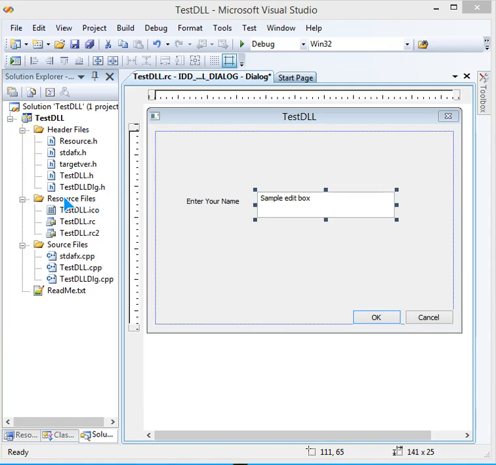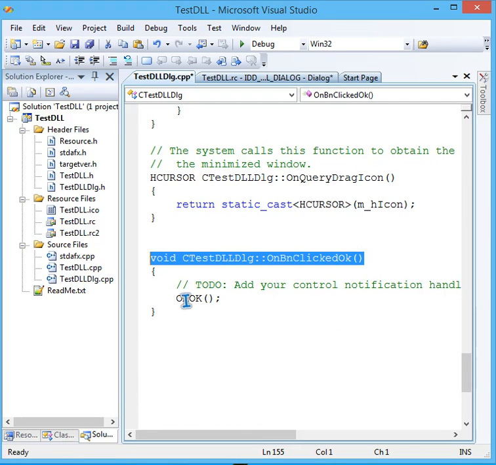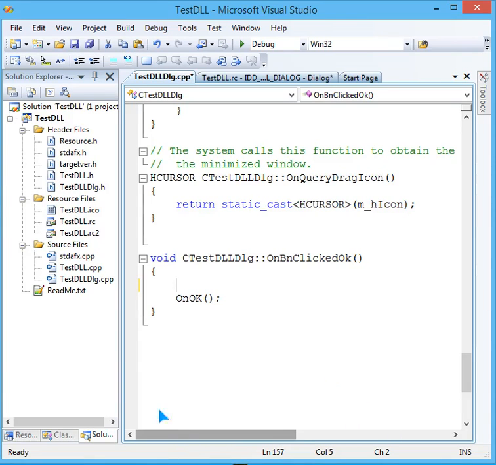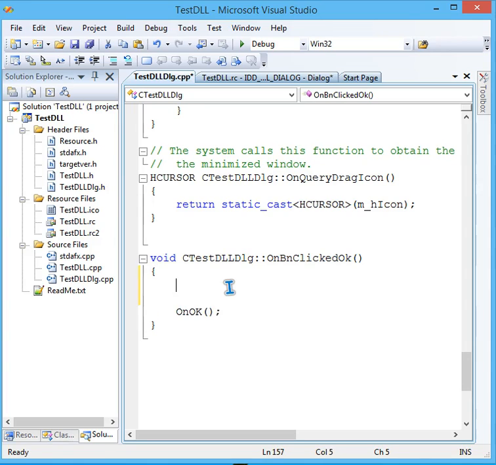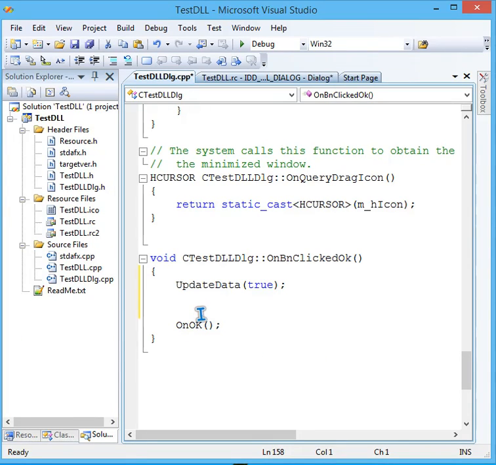Now we'll go to this test DLG, and before that let me add functionality to this OK also. What we will add is, because user is inputting, so we have to do update data true, and we'll take the result from the edit control. For that we have to make a string, say it, the result will take in some variable, say it as string result,